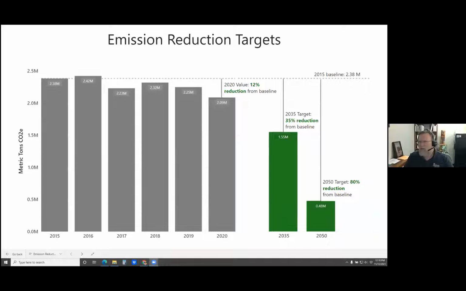There's just a couple of things that I think will help me explain where I'm coming from. I hope that everybody can see a bar graph that says emission reduction targets. Yeah, I see some heads nodding. This is new for us, displaying this information in this way on our website. I think it helps folks who are visually oriented or data oriented get a better understanding of some of the numbers that we talk about. So I want to introduce that, and also, if you haven't been to the new como.gov website, there it is.